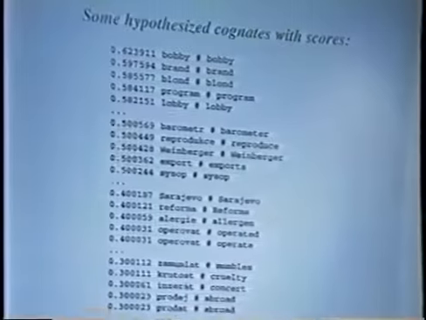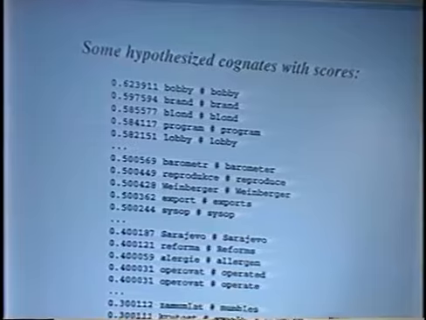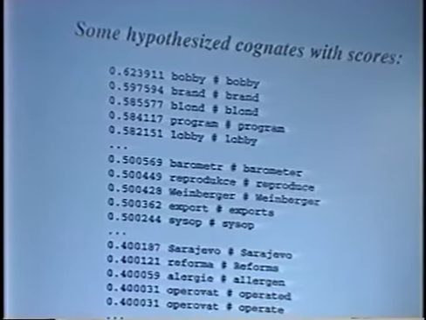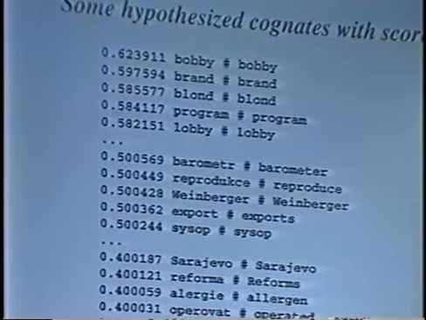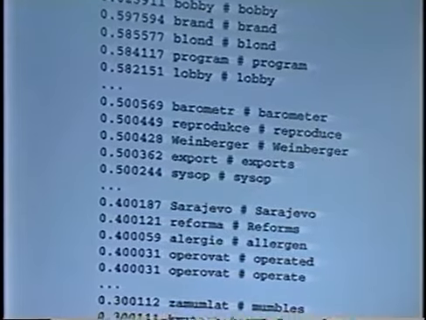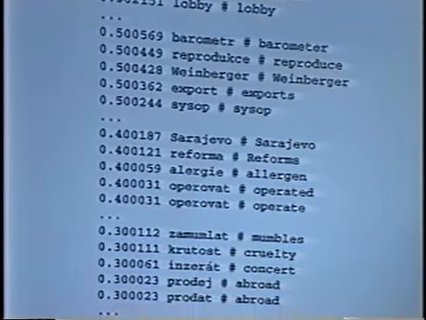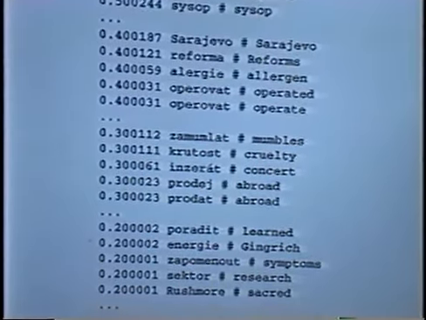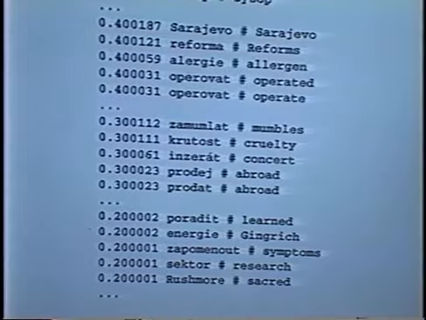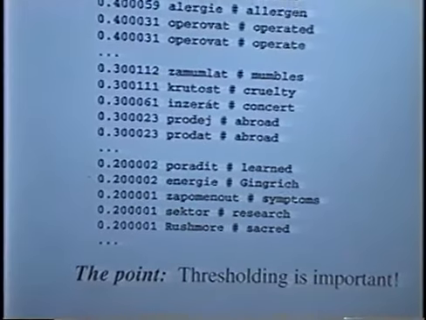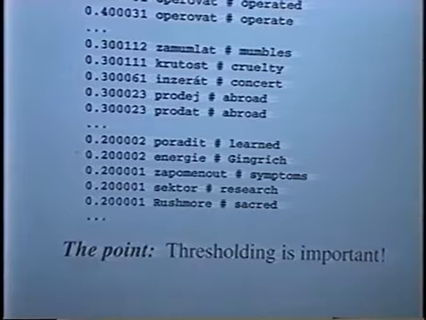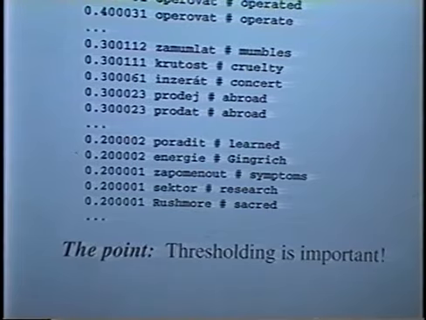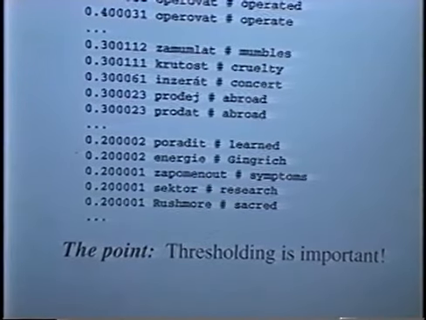So you can see the top, they're exactly the same, and as you move down, you'll notice at about 0.3, intuitively, they're not cognates anymore. And I'll emphasize, intuitively, they're not cognates anymore. When we actually did the experiments, it seemed that using cognates all the way down to a score of 0.15 was the most helpful. So in any case, thresholding is important. You don't want to use rotten pairs, they're not going to help you. But some rotten pairs do help you. We don't know why that is yet.